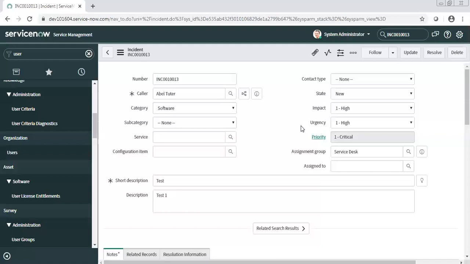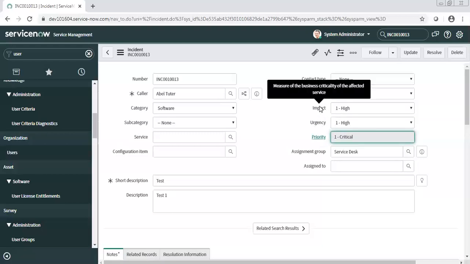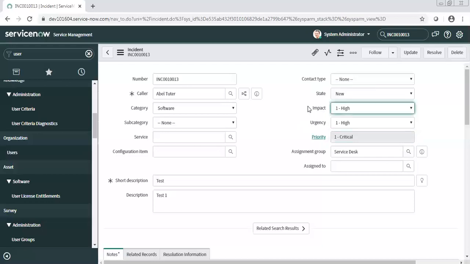Second thing, when they send priority as one, you need to set the value of impact and urgency as one. That you can achieve through a transform script. So now from here we will switch to import set web services. Do you have any doubt about direct web services, why we can use them and why we cannot? Any question?